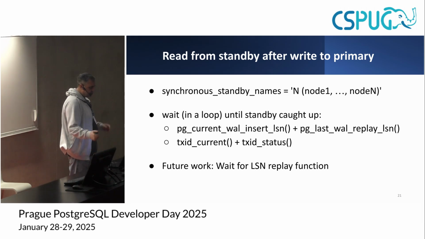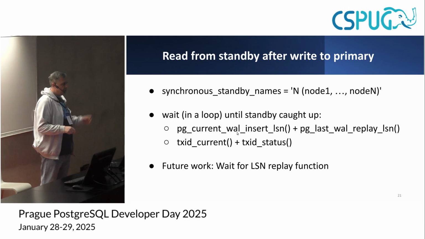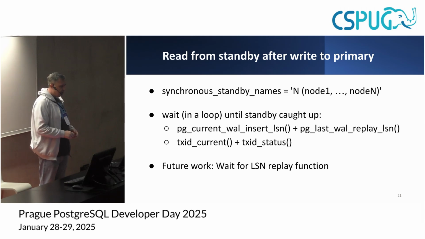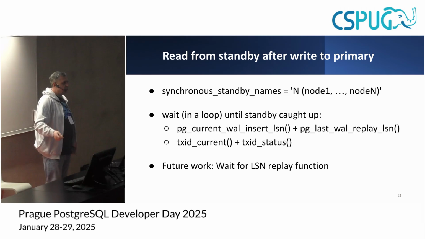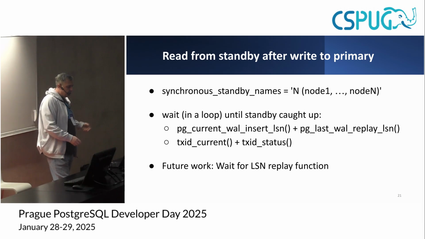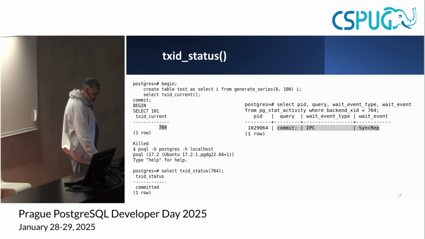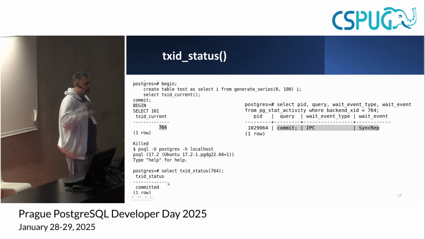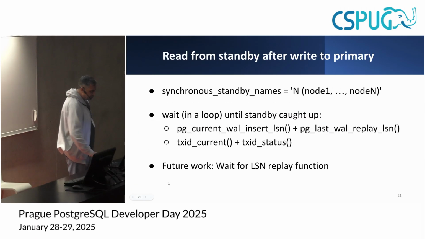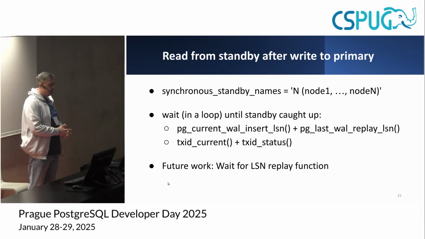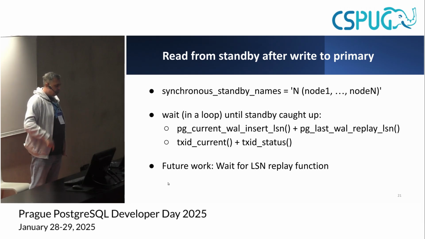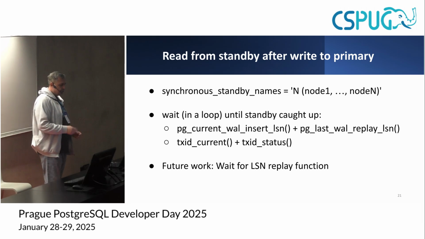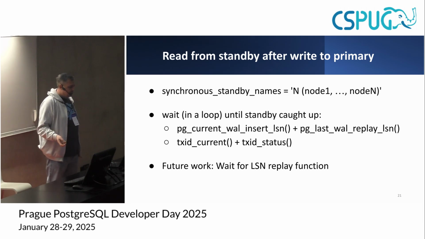To do this, there are 2 approaches. Either you can memorize pg_current_wal_insert_lsn while committing the transaction on the primary, and then wait until standby replayed up to this LSN. Or you can also use txid_status, as was on this slide. Basically, this function also works on standby nodes. And it would be nice to have something built in in Postgres, instead of just doing such function calls in a loop, to have a function, please wait until a specific LSN is replayed, or until a transaction is applied.